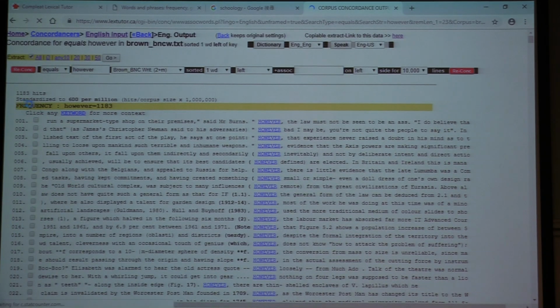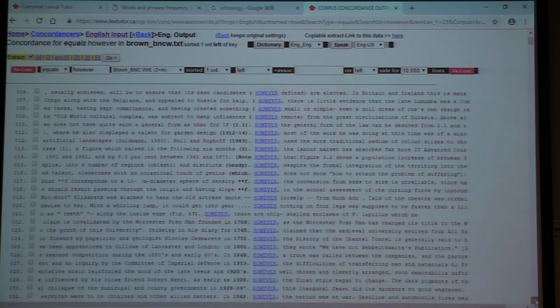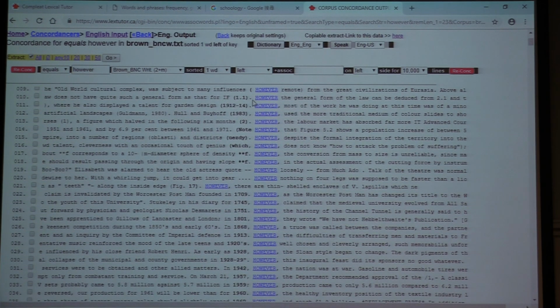Okay, so you got still a lot. Even for the 2 million word corpus, you got 1,183 hits. So that's why you can't use an even larger corpus. It'll be problematic, okay? Well, but it doesn't matter. So you can just examine the first maybe 100 concordance lines, okay? So let's examine how "however" is used. So most often, for example, first a full stop and "however" is used here and a comma, right?